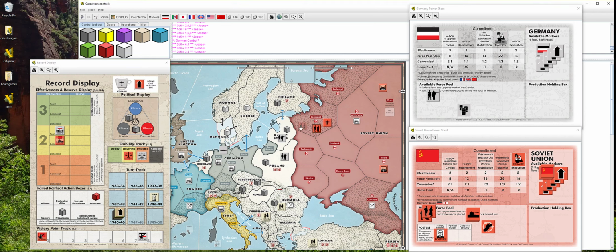Alright, they'll attack Baltic states. No augmentation. 3 versus 2. 3 and 2. Ah, crap. That's a disaster for the Soviets. They lose 2, and they can only absorb 1. So the plane will survive and go to Belarusia, but the...